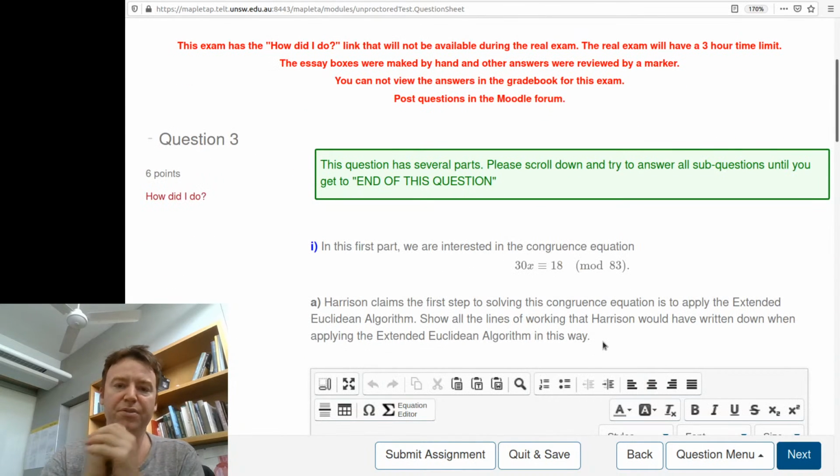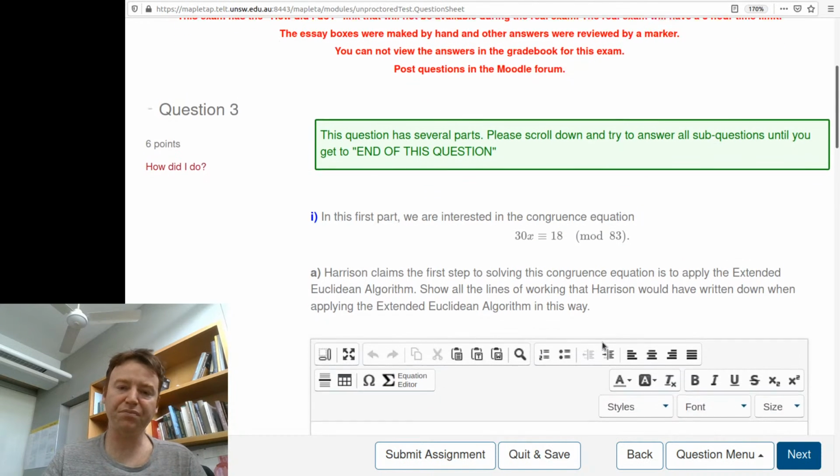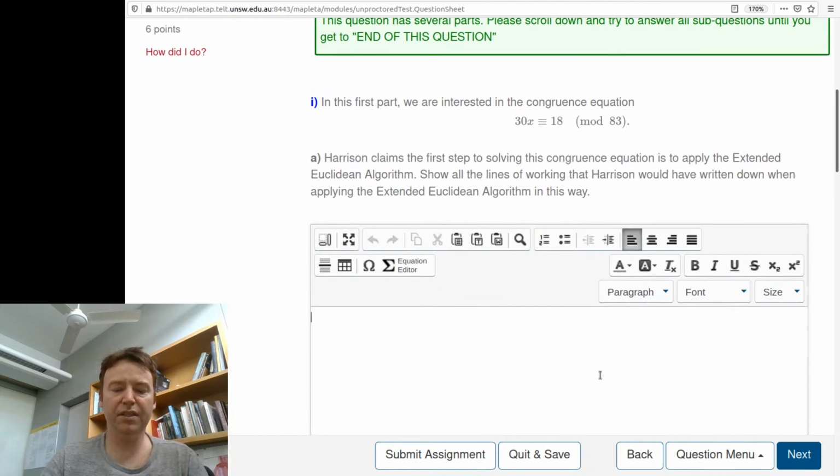In the first part, we're interested in the congruence 30x equivalent to 18 mod 83. Some dude claims the first step to solving this congruence is to apply the extended Euclidean algorithm and show all lines of work that they would have to write down when applying the extended Euclidean algorithm this way. Sure. Okay. So remember, what we're solving